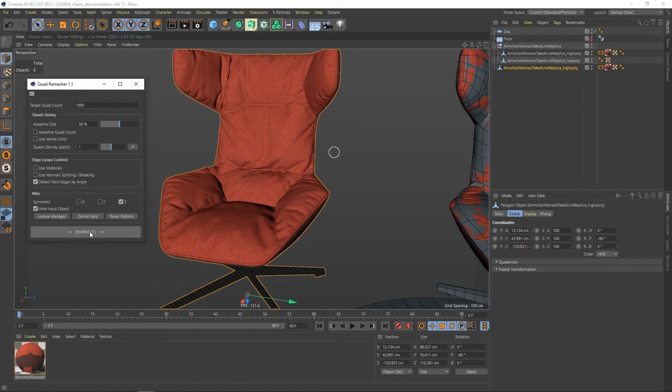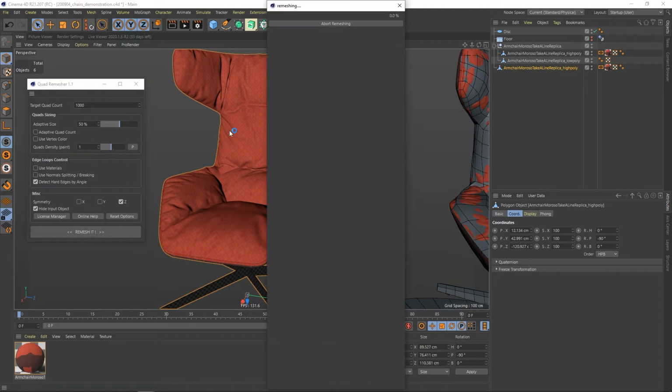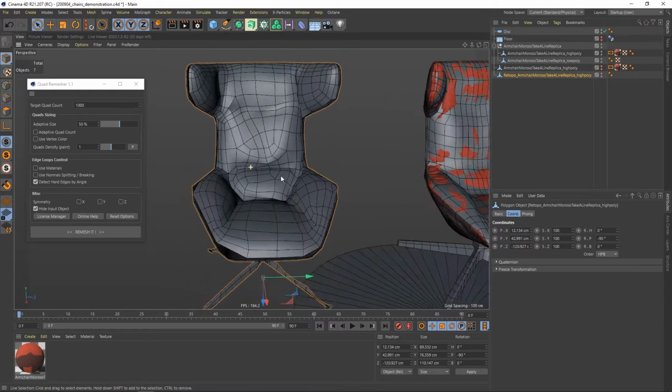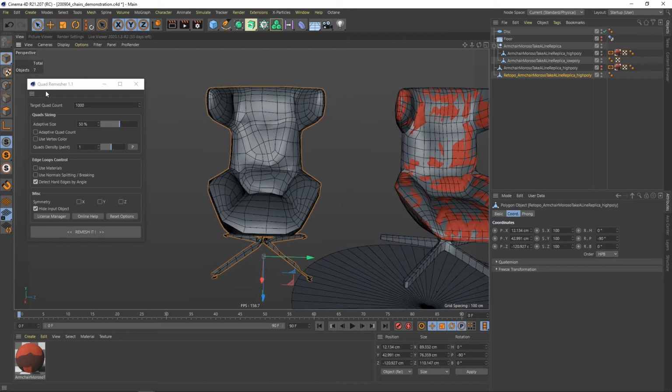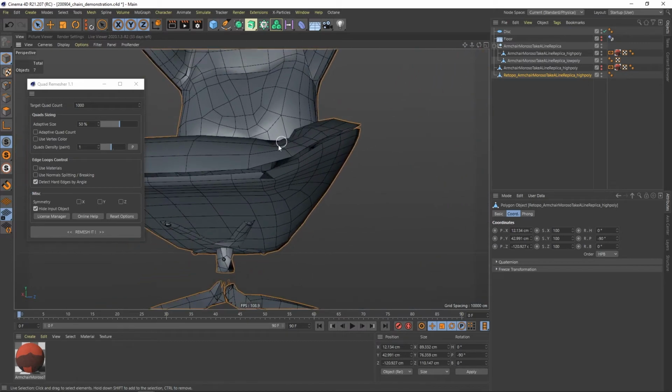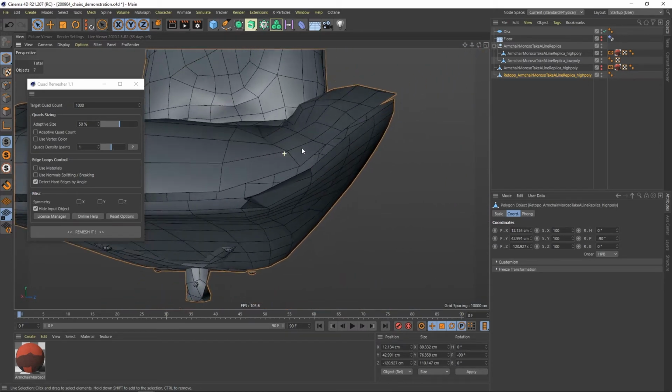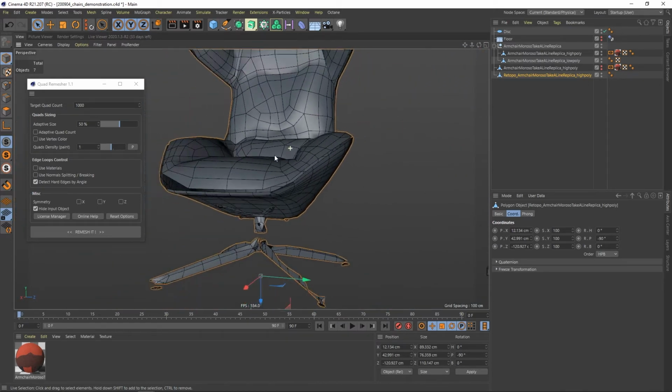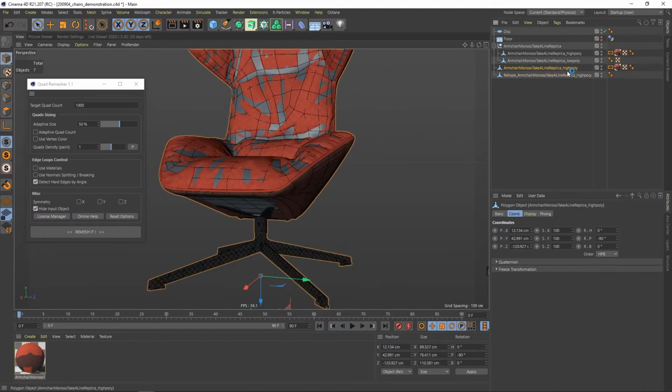But you will already see this won't work so good. So let's wait a second. All right, and here is the result. So you can see now I tried to make 1,000 polys out of it, and the result is not really stunning. You can see here are seams or holes, and this is just because the original model here, I just